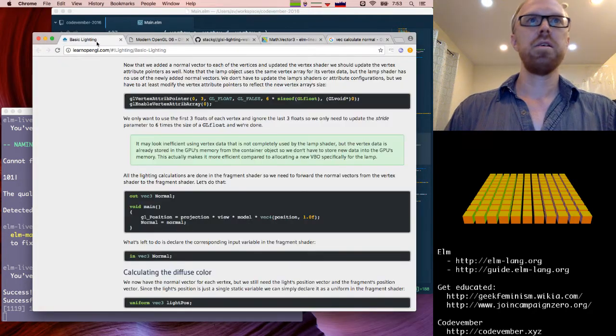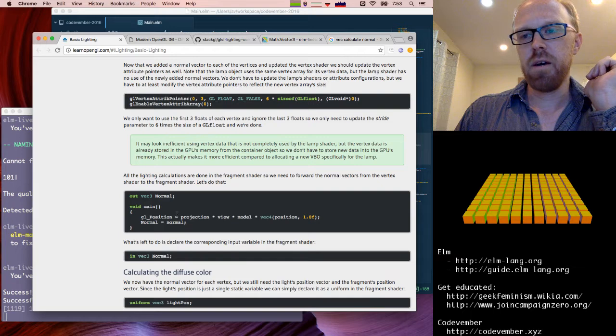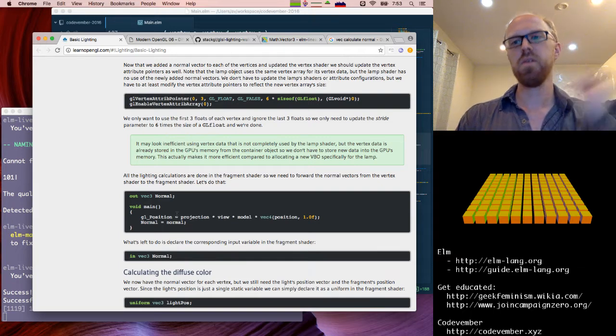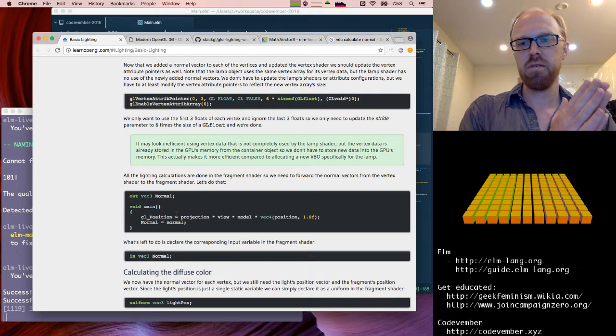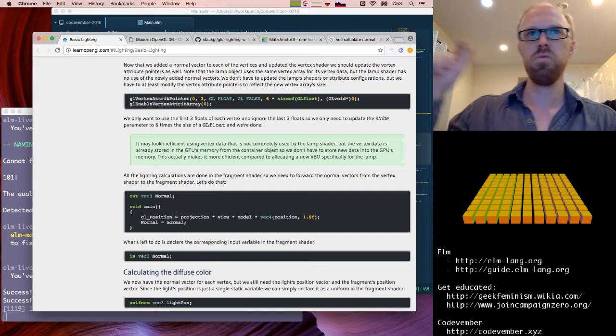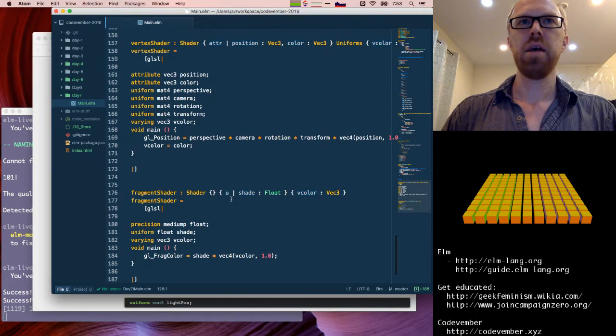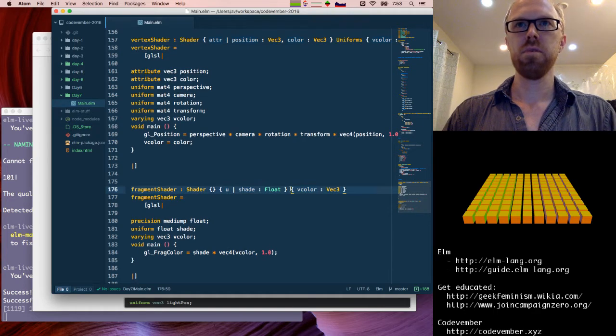So back to our lighting tutorial. Basically, the Vertex Shader is going to get the attributes from the vertices. It needs to pass the normal vector along through what's called the varyings to the Fragment Shader. So let's set that up so that we can pass it through. So this record here with this V color is